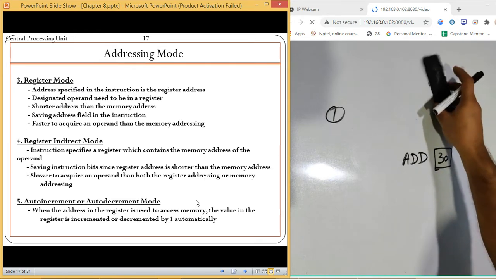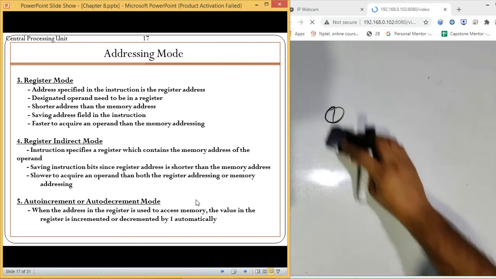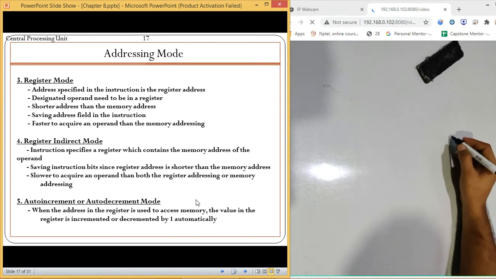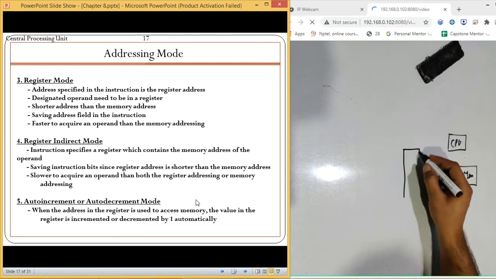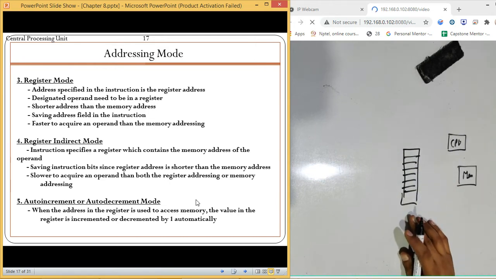Now the next mode is register mode, which is an interesting one. In register mode, we have a CPU, and the CPU has a register set. The register set is your general register organization, so a number of registers are there.